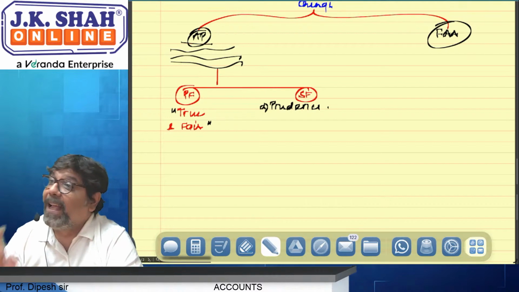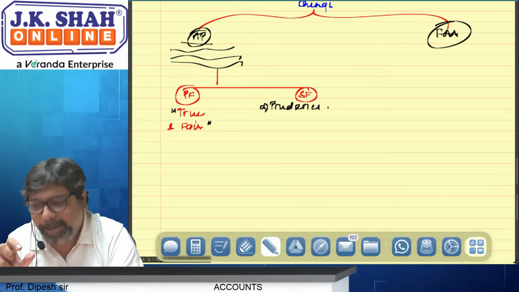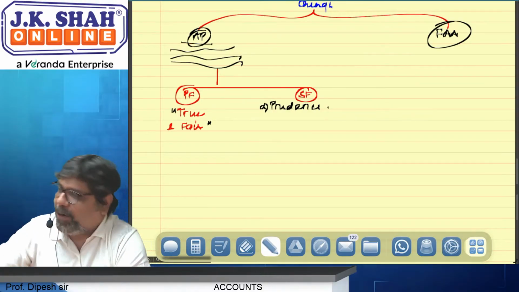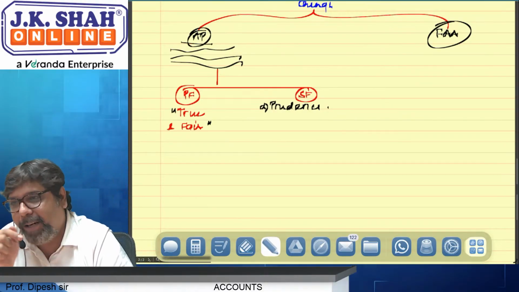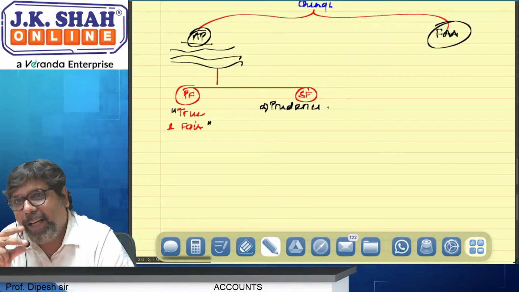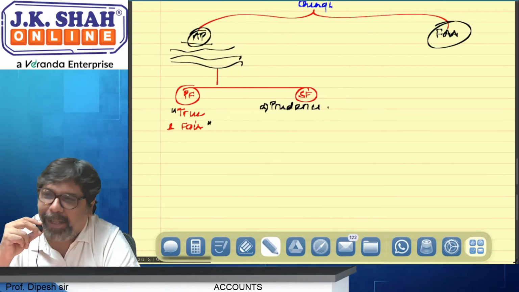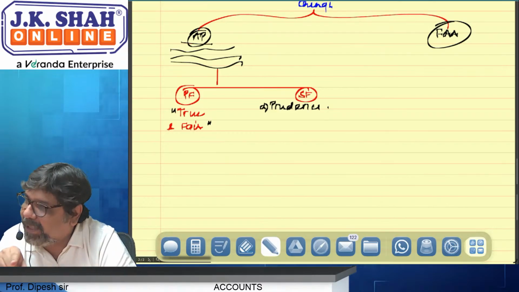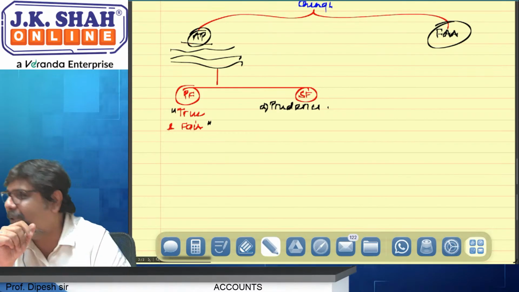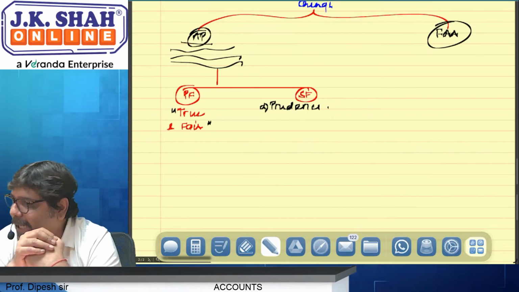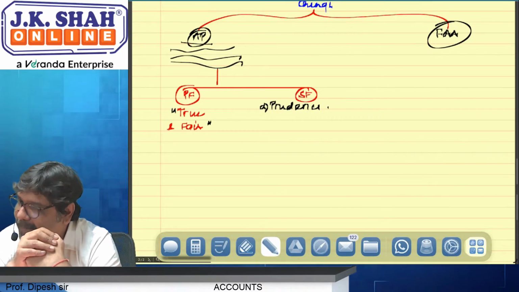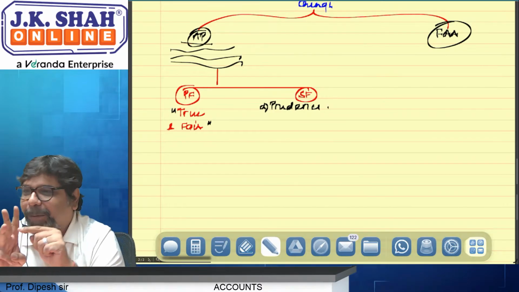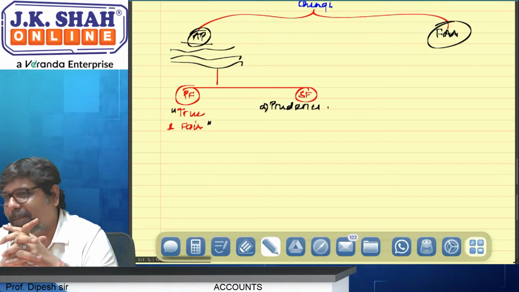Second reason, suppose unearned income you have recorded. If you record unearned income, your income will go up. If your income goes up, you will end up paying tax on that income in the current year. Yes, no? Do you want to pay tax on income which you have not earned? So these are the reasons because of which accounts follows the conservatism principle.